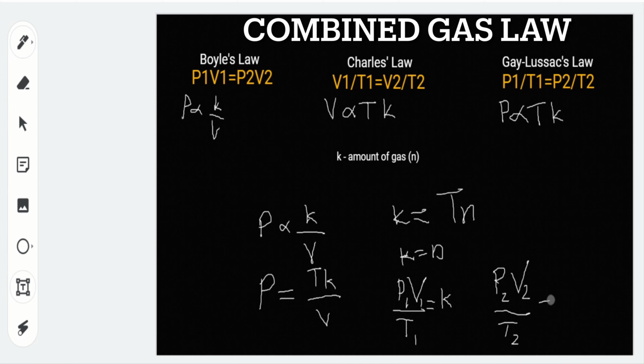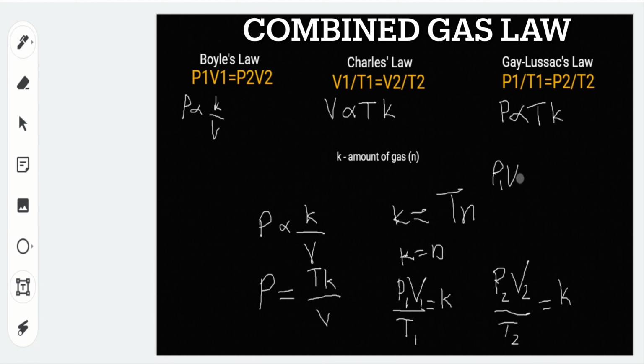Again, that is still equal to the K constant, which is actually the amount of gas. So since the initial observation is equal to K constant, even our change or our final observation is equal to K constant, then definitely we can say,